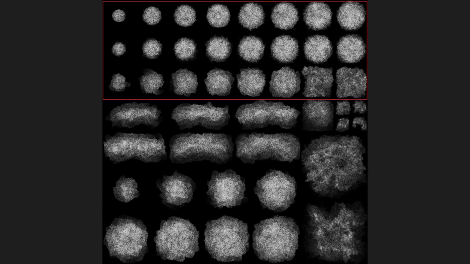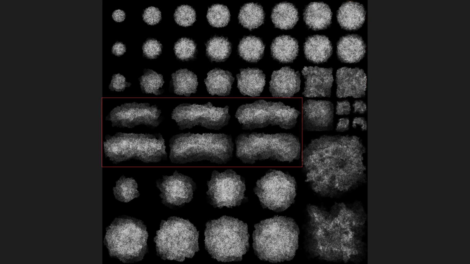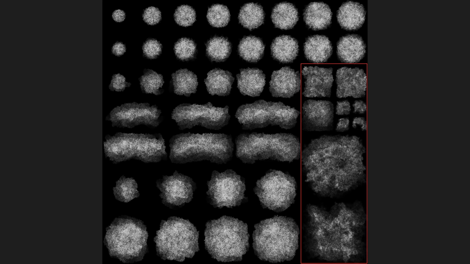Up here and down here I have the noise for the trees, each image being a different layer for the tree. Here in the middle I have the noise for the bush, and to the side all the variants of the grass. Just slightly tweaking a couple of parameters can yield different versions of grass. I don't really need a lot of versions of the noise.